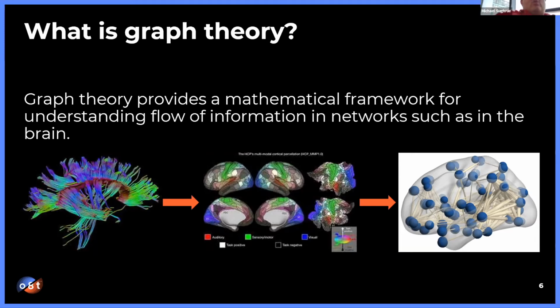And so I think the best way to describe what graph theory is, is that if you look at the brain like a giant math equation, then you can run experiments on the brain and learn things that may not necessarily be obvious to the naked eye. In fact, maybe in some cases impossible. And so the way you do this, there's a lot of different ways, fMRI, but in this case we used DTI and we used